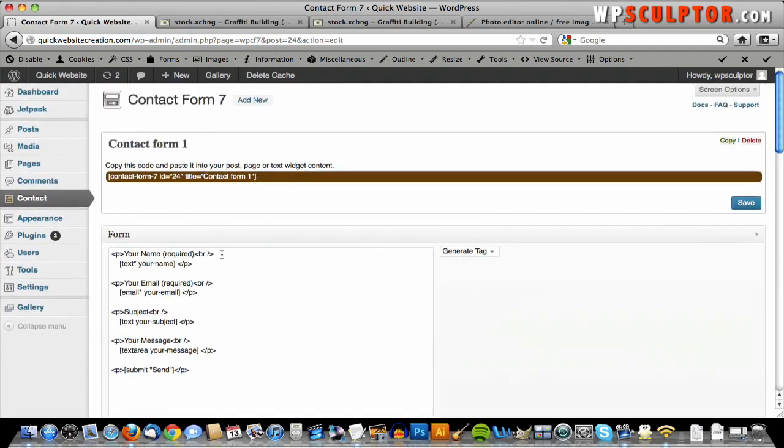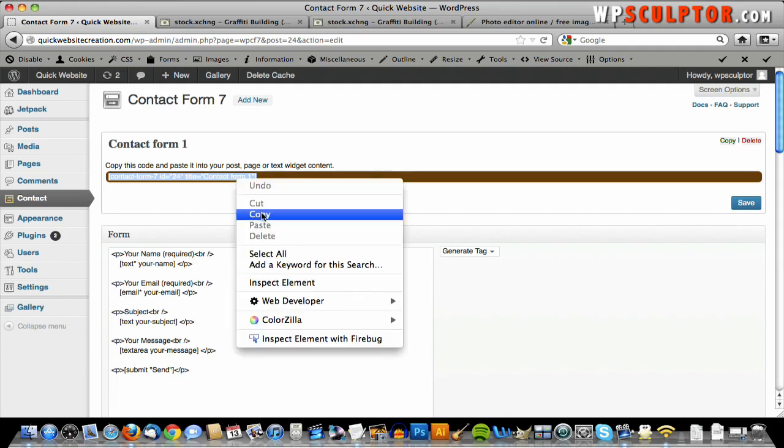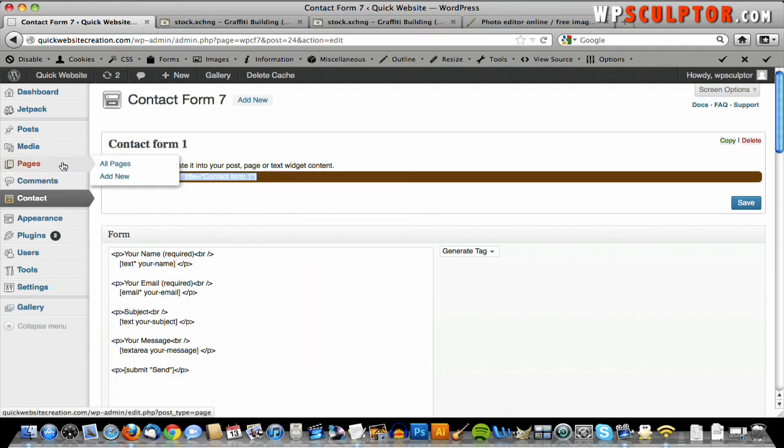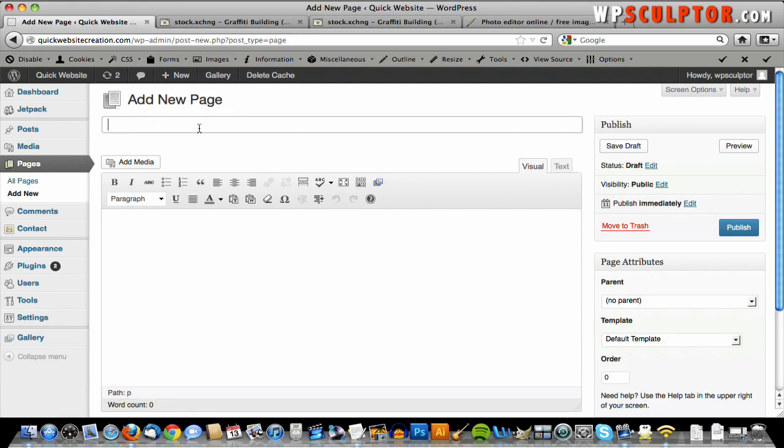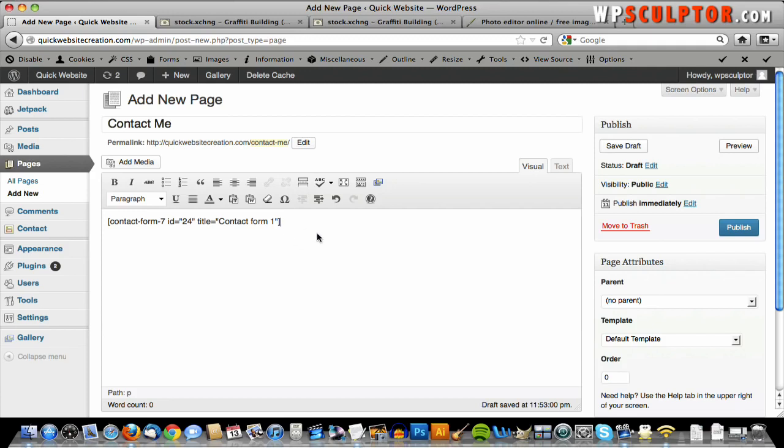And to add this form to a page, you're just going to copy this text there. And we're going to create a contact page. So go to Pages, Add New. And we're going to call this Contact Me. And we are going to paste in what we just copied. And this is also a shortcode, and we're just doing it a different way. Instead of selecting a box, we're just manually copying and pasting the shortcode that it gave us. So we're going to publish the page,